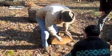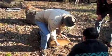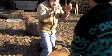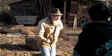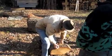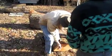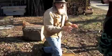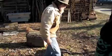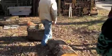The inside of the tree, usually about this much, is just waste. The tree was real small then, doing all kinds of weird stuff, with little branches coming out and growing slow. So if you start on the inside, it's hard to know where the split is going to go. If you split here, you know where you're at. It goes down and gets tangled up on the very inside, but it doesn't matter, we'll blast that off. So anyways,